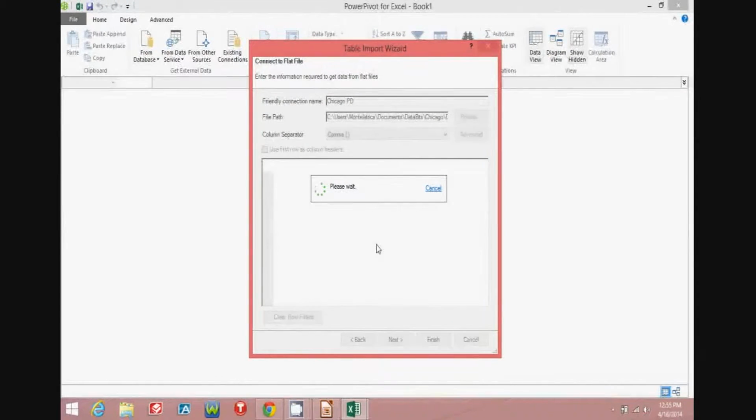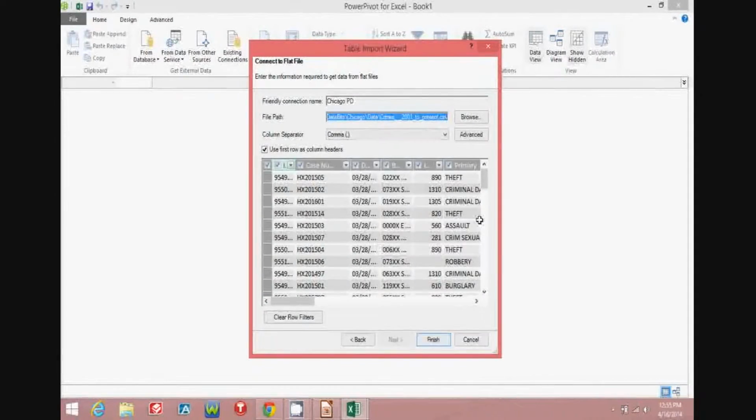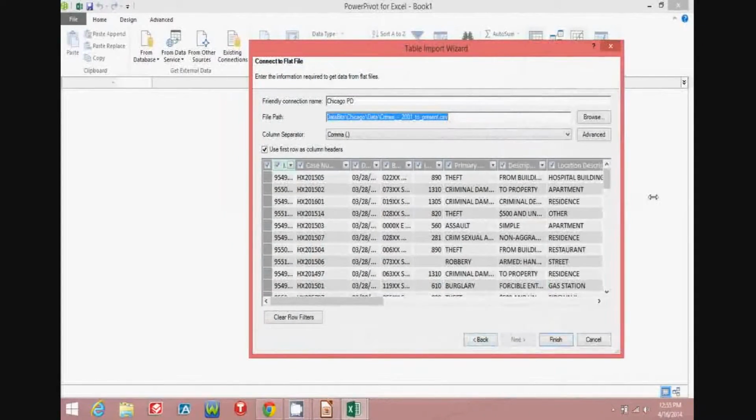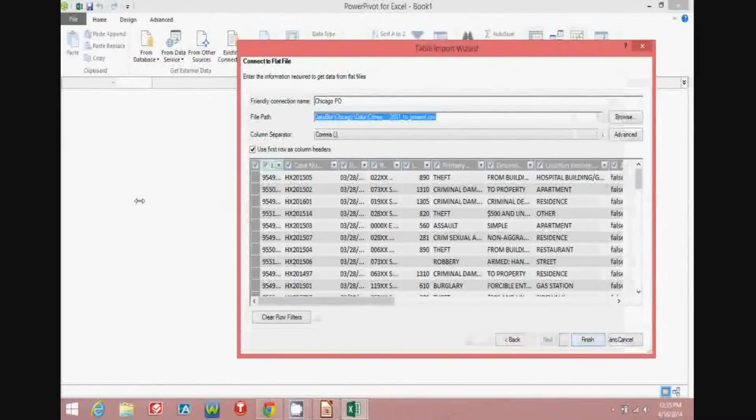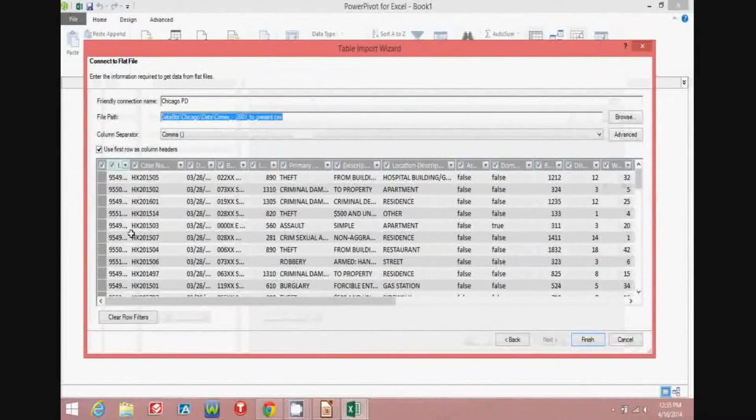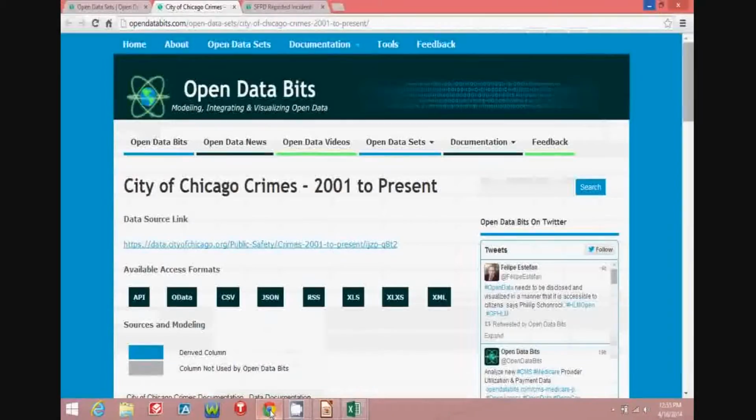And you'll see that within that CSV file, there are headers and several columns of data once it pulls up here. And then we can walk through how you can actually specify what you want to pull into the business intelligence solution. So we have a preview window here. We can go ahead and expand that a little bit. And moving back to the Open Data Bits documentation page for the City of Chicago crime data,